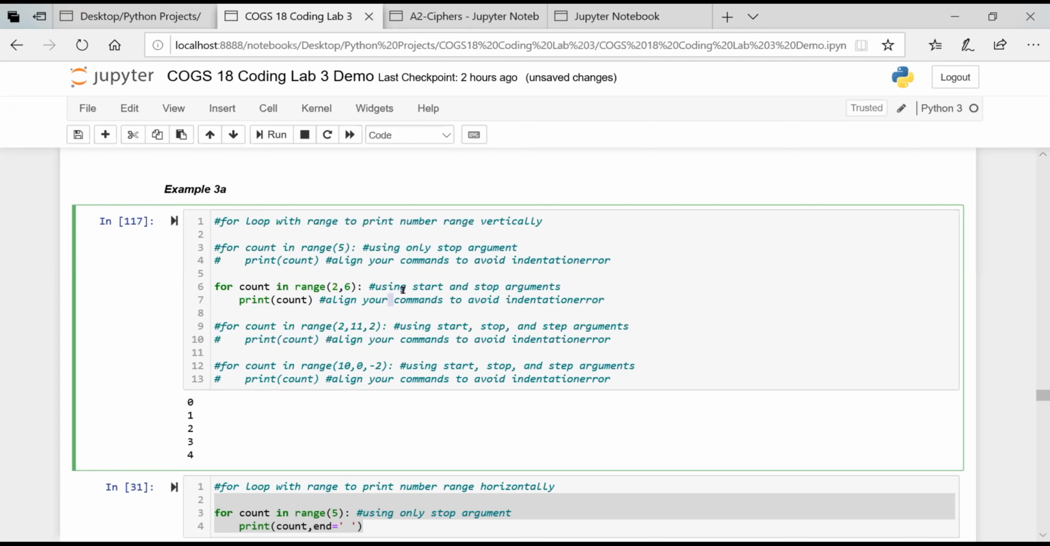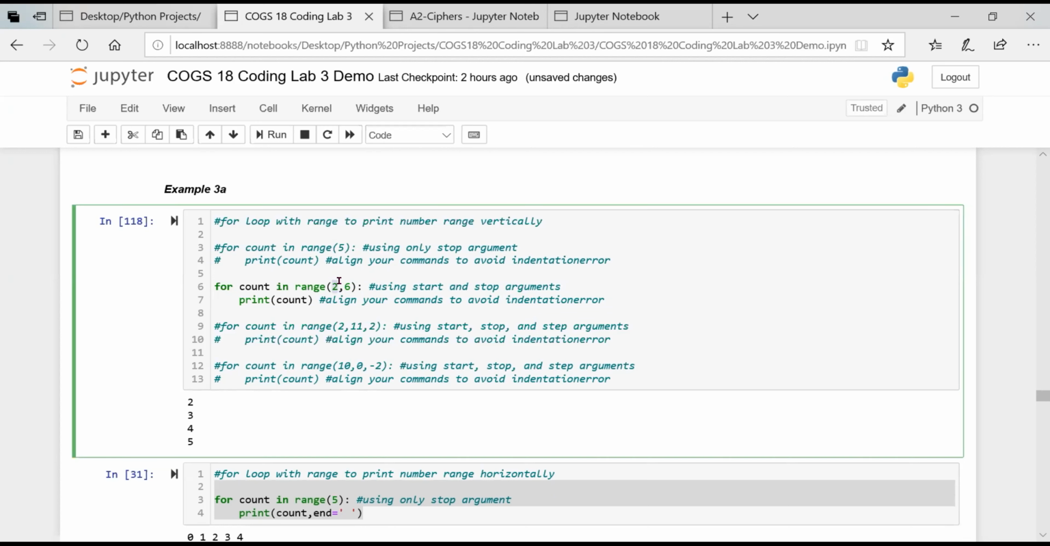So it always includes the first start, but it doesn't include the stop. So it's from 2 to 5. So between 2 to 6, not including 6. And then the third argument